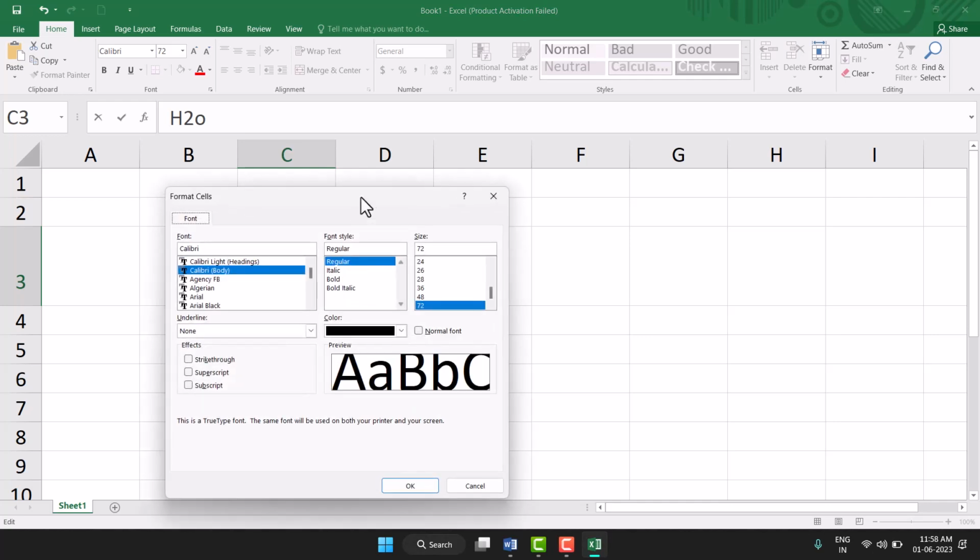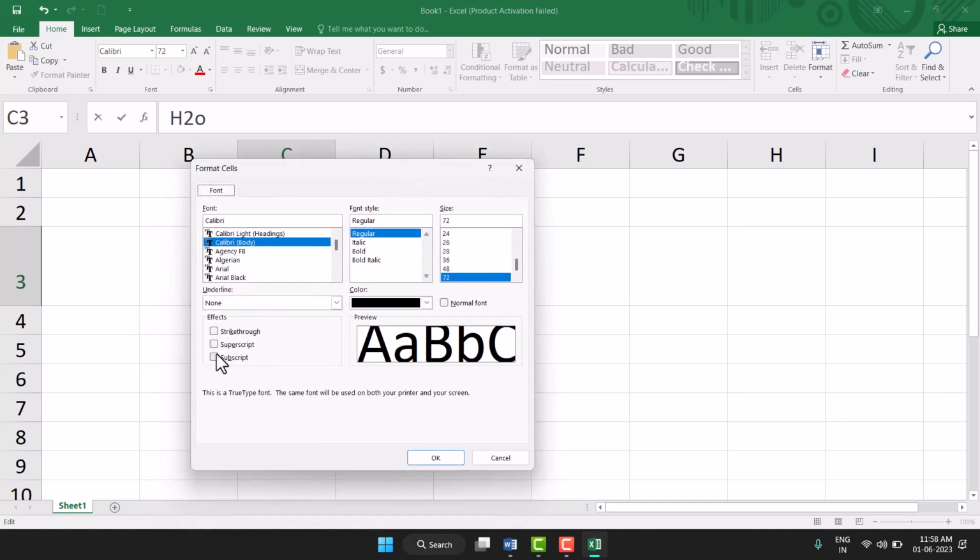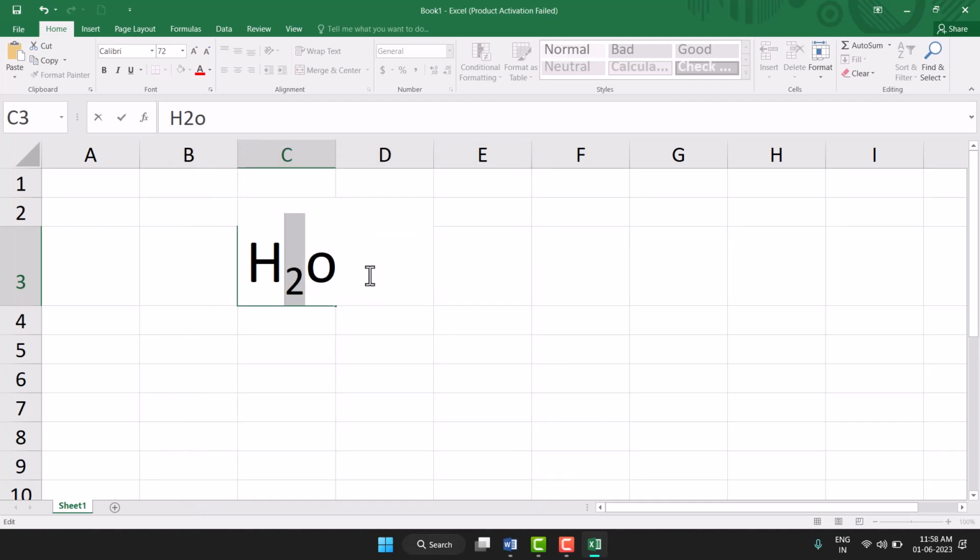Just click on it and select this Subscript, and click on OK. So you see this, you can easily type H2O in Excel. This is the first way,